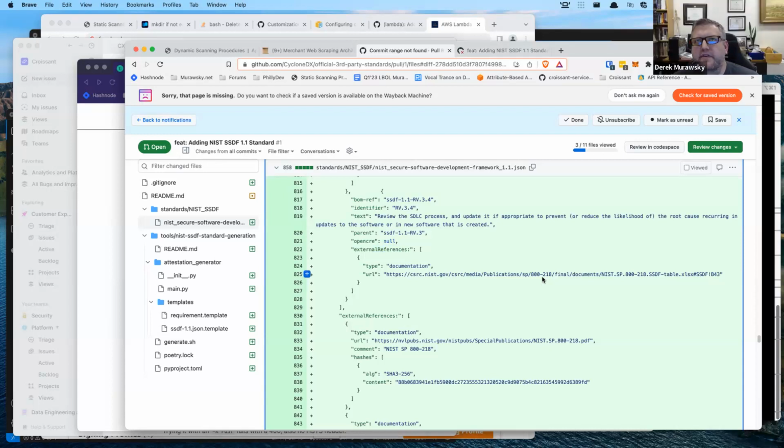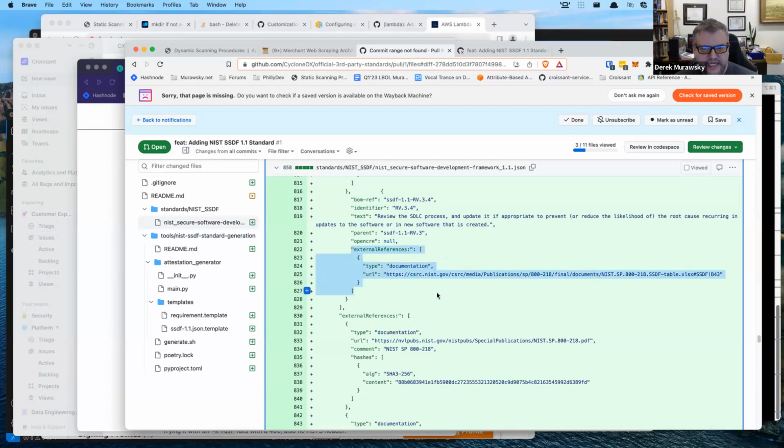Right. The field that we had created, a couple of those in this standard here, for things outside of this world. We have a lot of arrays that can just be a list of bomb refs. That was for when we were actually saying how we're doing these things, right? Or where the evidence was, I think was the big example of that. But if we're doing external references here per standard object,